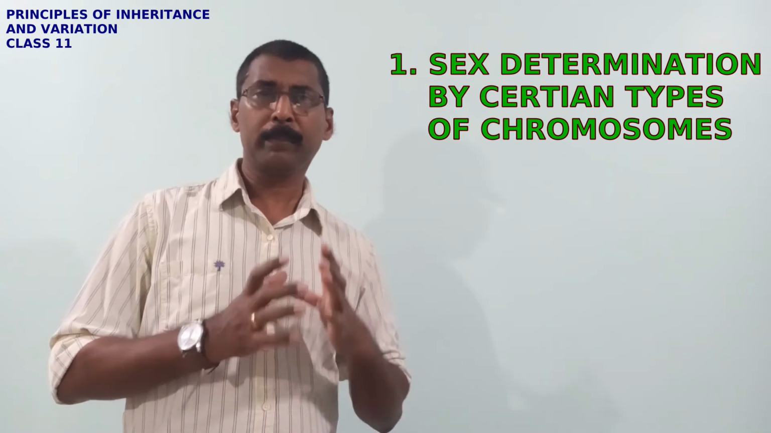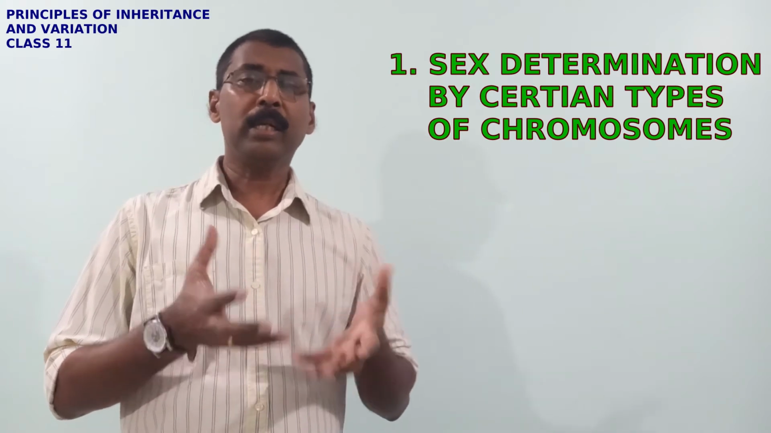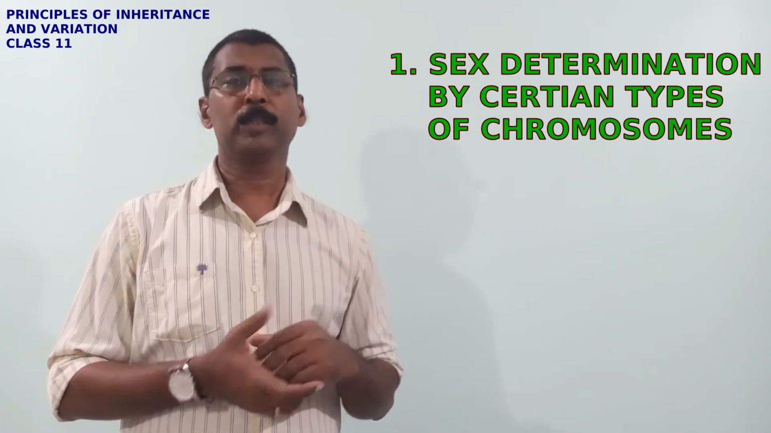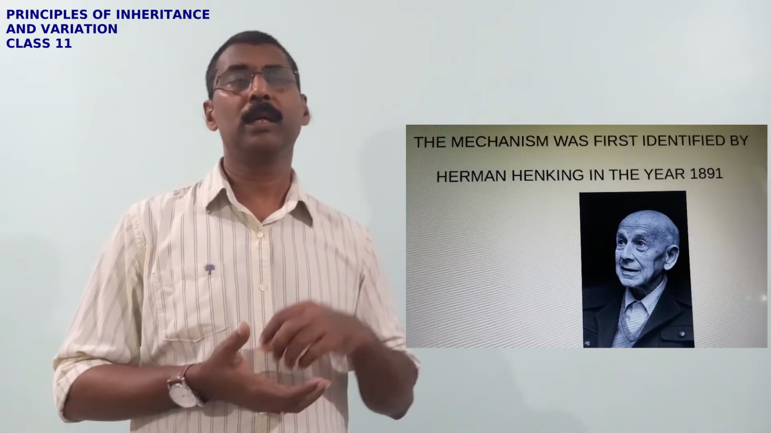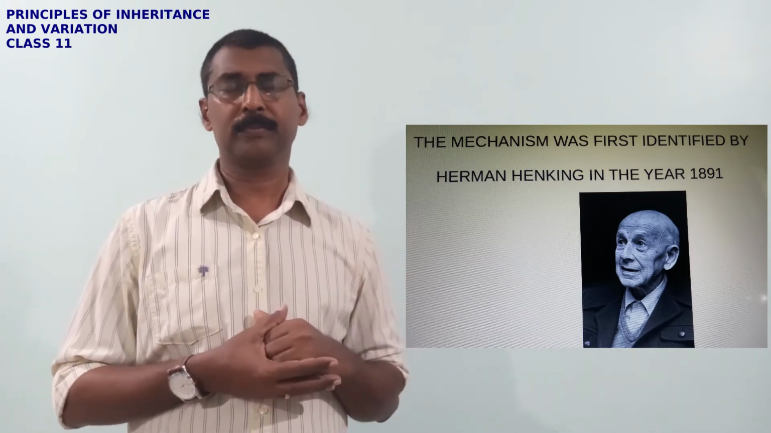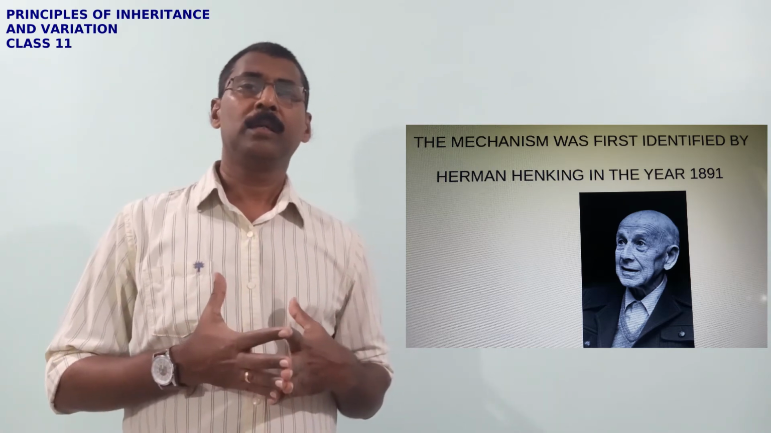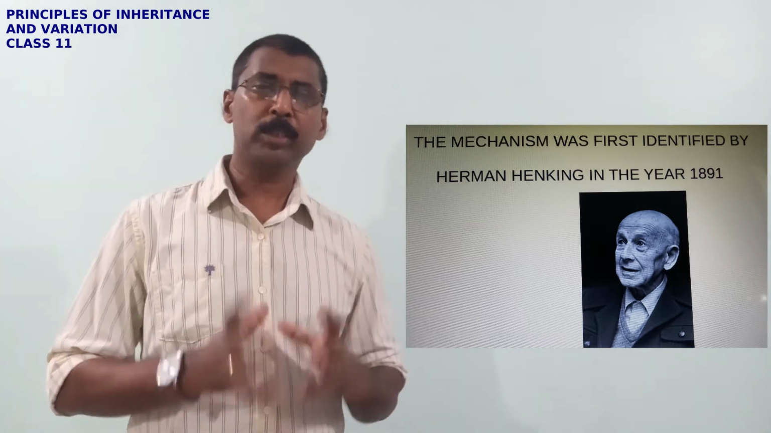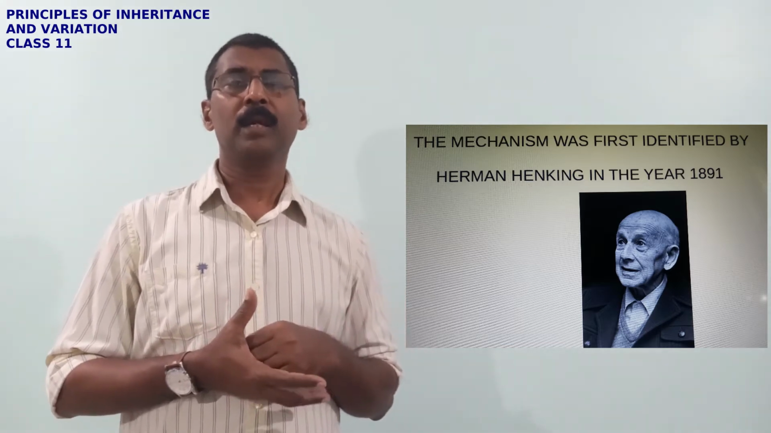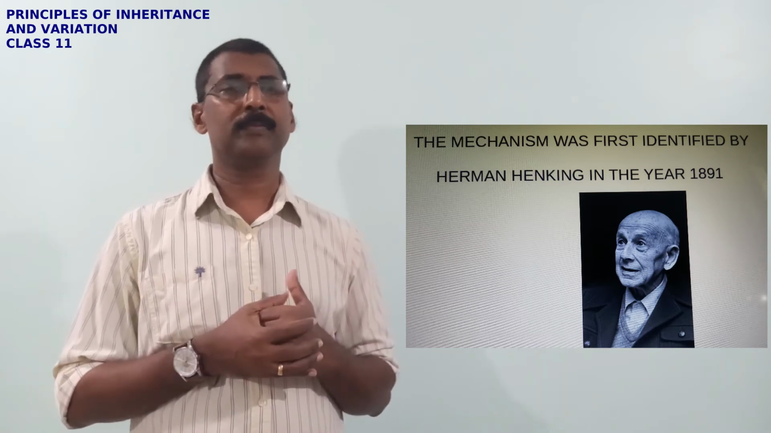So as far as the chromosomal mechanism of sex determination is concerned, an early indication regarding the role of chromosome in sex determination was provided by a scientist called Henking in 1891. Henking was a cytologist. He was studying gametogenesis of certain insects under the microscope, and while studying gametogenesis in insects in 1891,